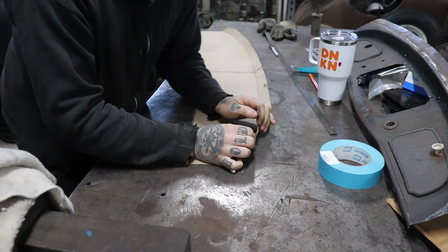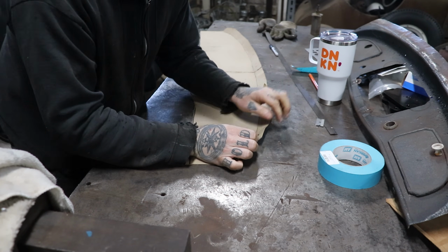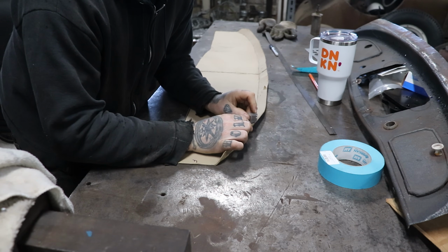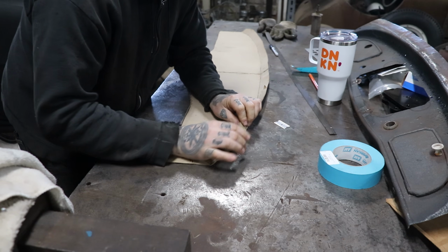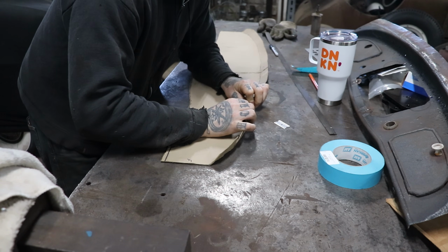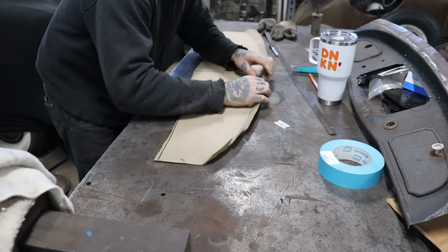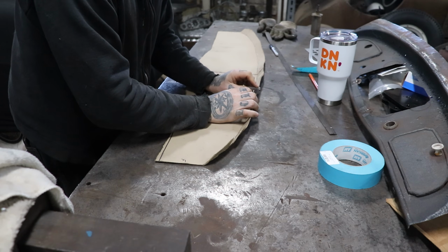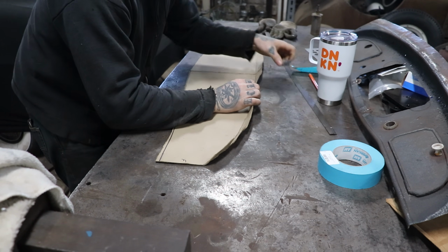So right in here, got one. I'm going to cut almost down to where my bend line is. Got another one here. Go like that. And it's wavy all over the place. It's going to need a little bit of help, but